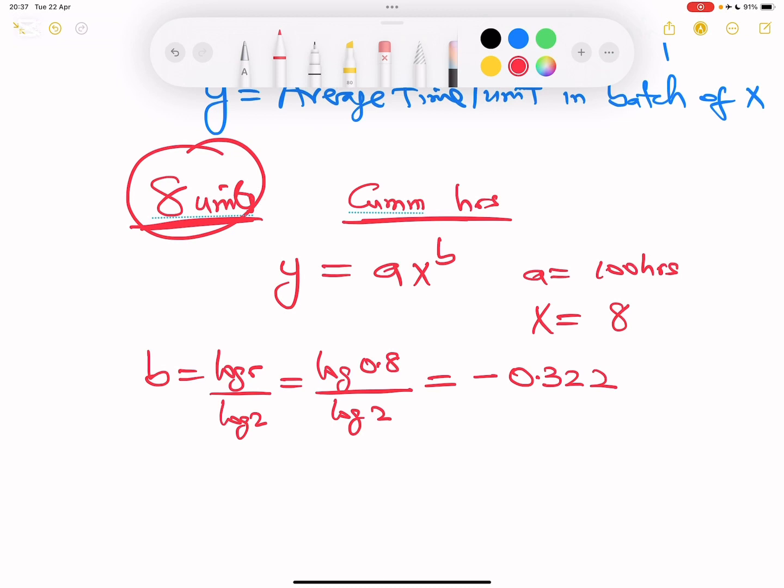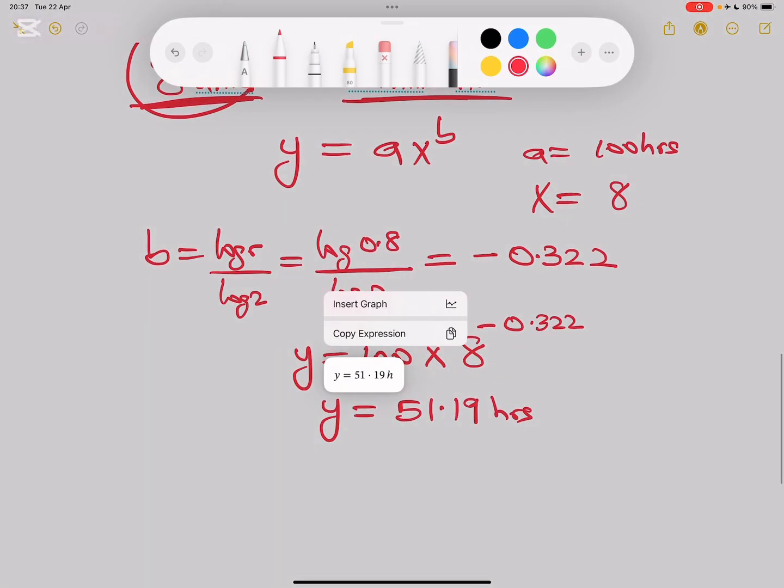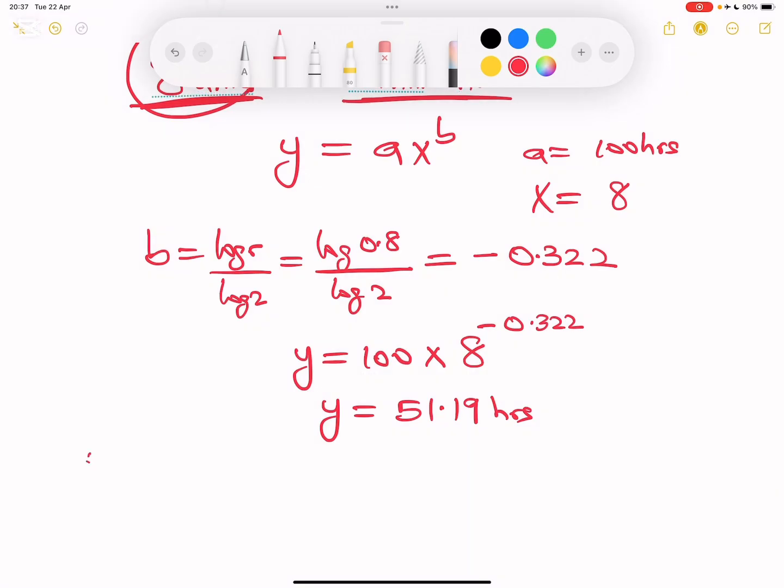Now, the work is easy. We know our variables already. So y is now equal to a, which is 100, multiplied by x, x is 8, raised to power b, which is minus 0.322. If we press that on the calculator, y becomes 51.19 hours. So what we're saying is that the average time